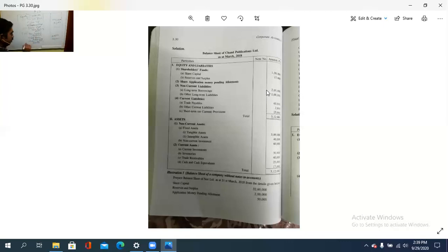Next, after that, what is that? Current liability. Under the current liability, what all things are there? Under the current liability, there is trade payable, that is 65,000. Then other current liability,